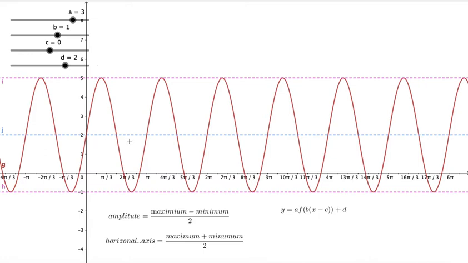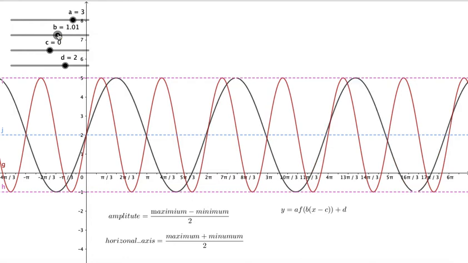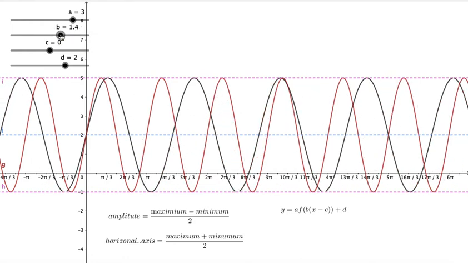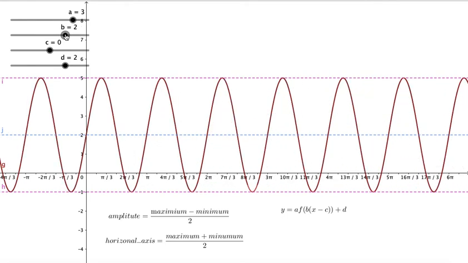So the red curve has a period of pi, black curve has a period of 2 pi. So how can we move the black curve so that the period changes from 2 pi to pi? Well, we compress it by a factor of 2. In other words, if we make b equal to 2,